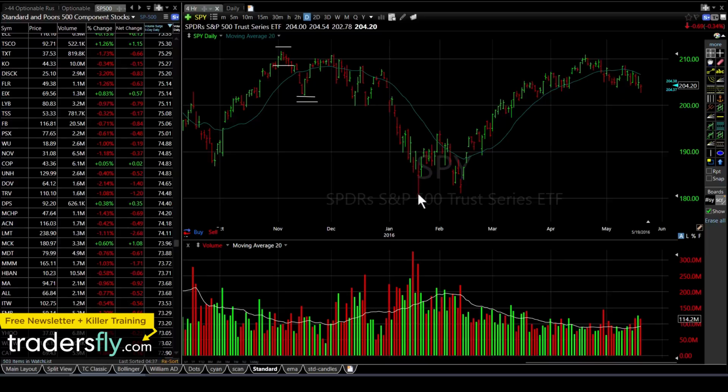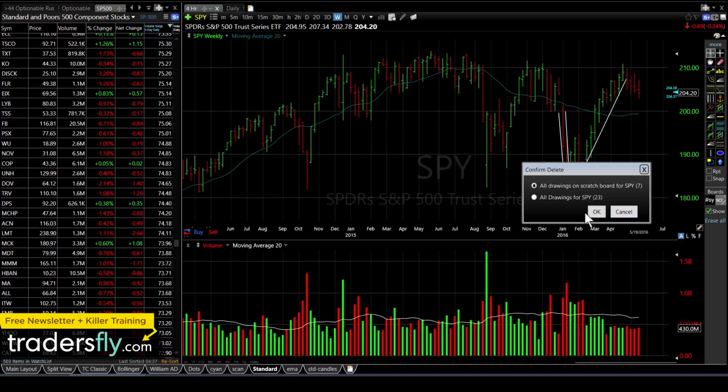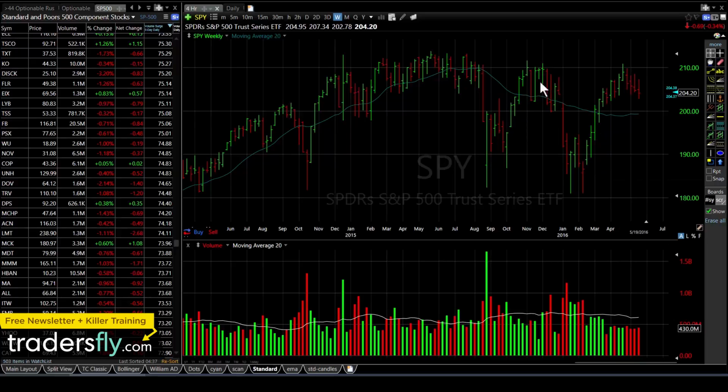If you get a major snap down like we had here in January, you're going to have an even wilder snap back higher. So you had this little January pop, but really the main pop that you had, if you look at it on a bigger picture, here's the weekly chart. Basically, what happens here on this chart is you had this moving average that was kind of going, but then you had a major snap down in January, and then you had that major snap back up again in February, March, and now you're going to get a little bit of a snap back down to that level again to get closer to that moving average.